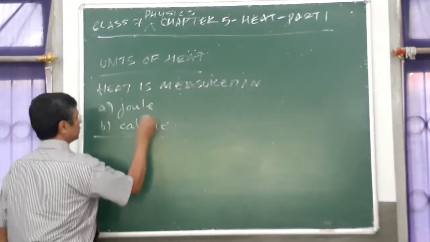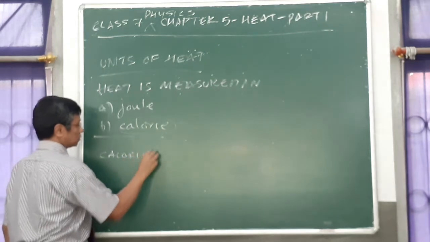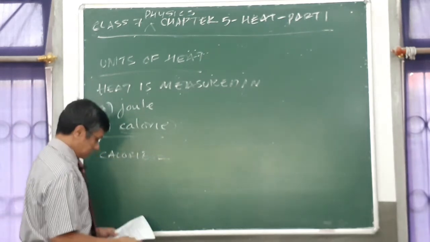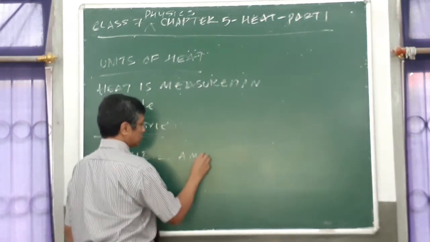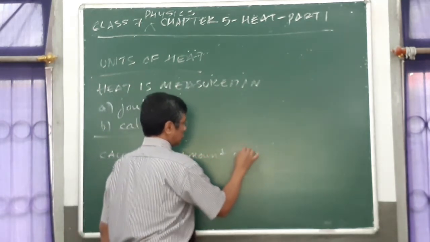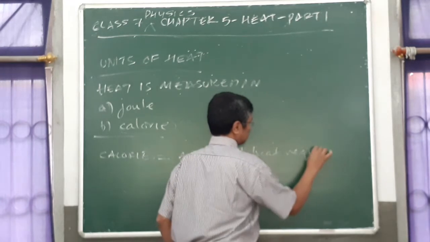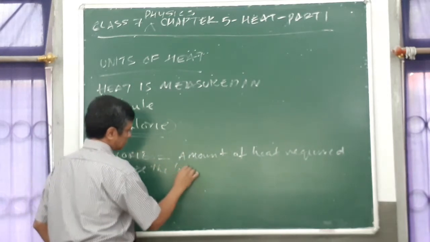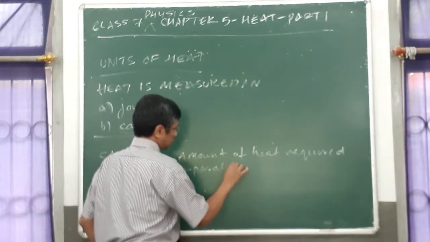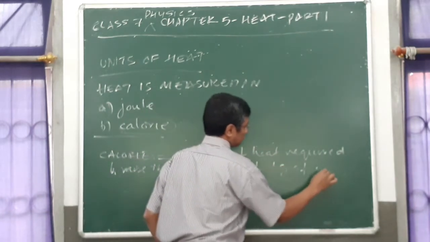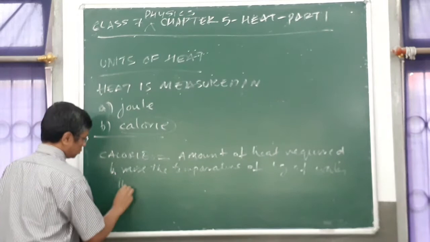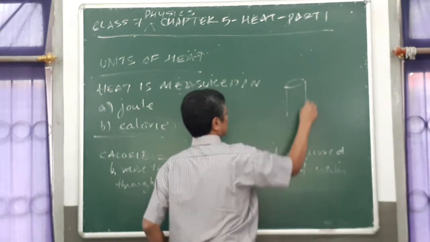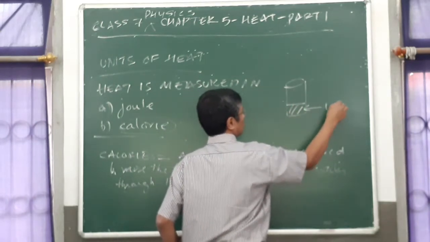Now, calorie is defined as the amount of heat required to raise the temperature of 1 gram of water through 1 degree centigrade. That means, if you have a vessel in which there is 1 gram of water and you provide heat to it, and let us say you put a thermometer,